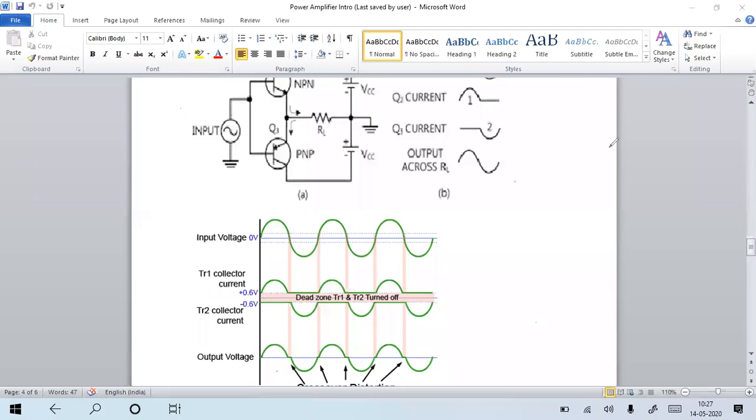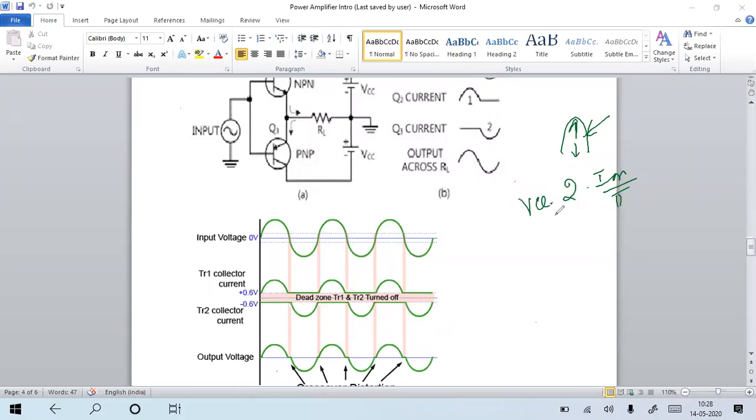Conversion efficiency is based on the output AC power to the input DC power. For the input DC power, we are not going to get pure DC because the device will turn on based on the input sinusoidal signal only. So from that we are going to find the input power whenever the device is on. VCC multiplied by the average current is the power for one device, but we have two devices, so we use 2 times the average power. For the half cycle this is Im by pi, so we have power DC equal to VCC into 2 Im by pi.